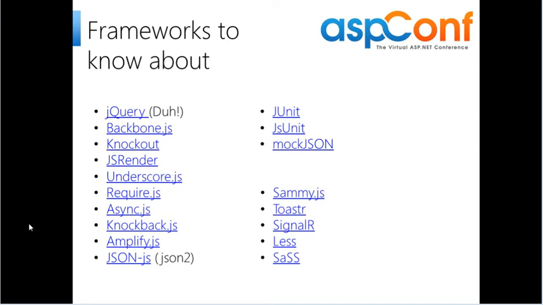For example, Backbone is an MVC framework, whereas Knockout is an MVVM framework. And some people like the way Backbone provides the structure for the application. Some people like more how Knockout provides nice declarative bindings for the views. And that's why another project, which I put here on the slide, called Knockback, was created, which kind of brings together both